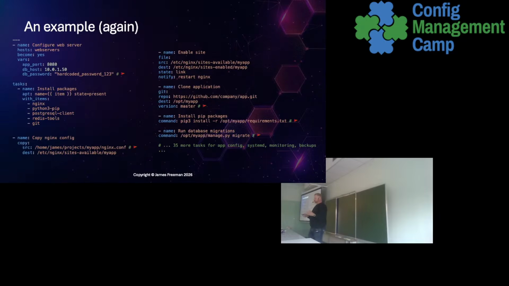So again, we've got an example here. Now, this isn't a terrible piece of code because we've got examples of variables up at the front, but they are hard-coded, including a port for the application and the DB host IP address. Now, we won't even talk about passwords in the clear that are in there today, but the thing is,